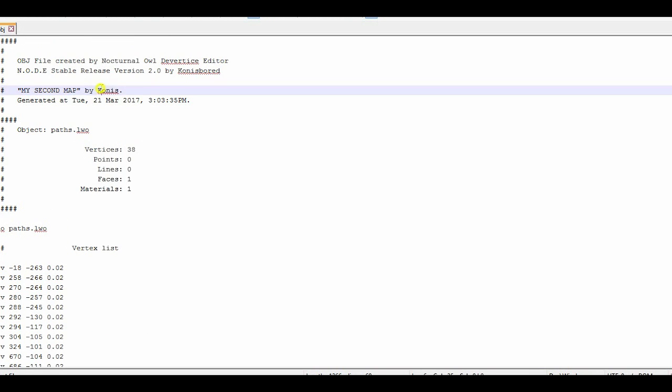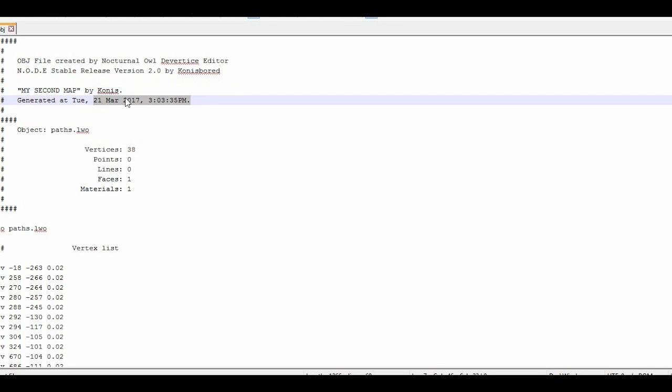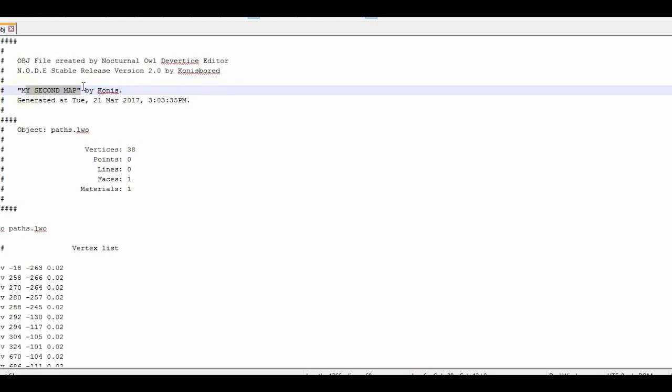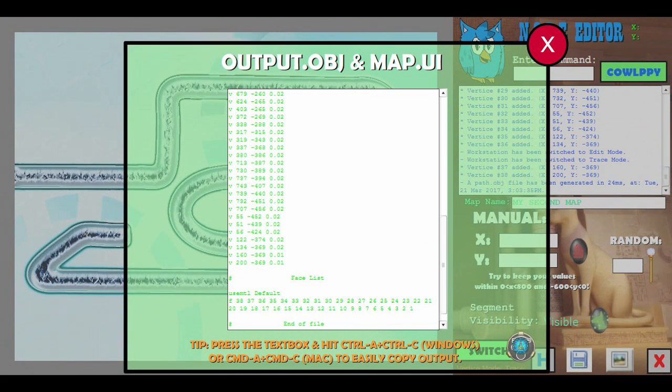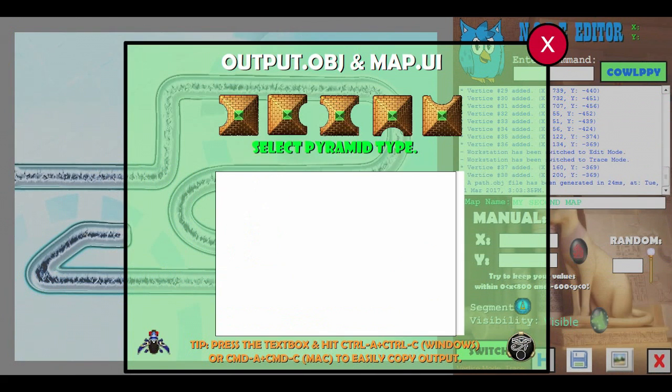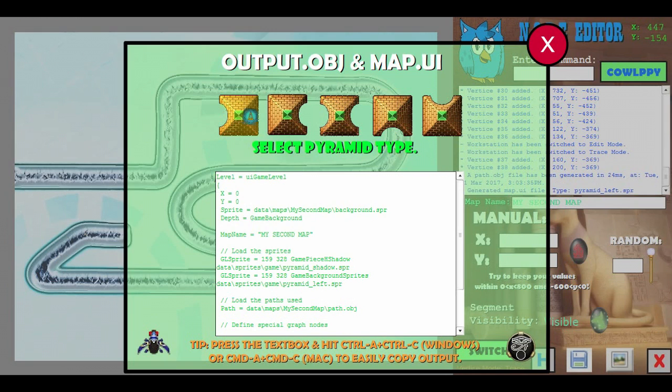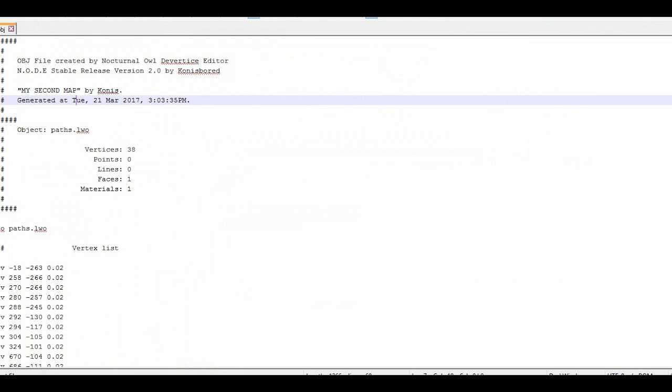What n.o.d.e does is that it remembers your username, it remembers when you generate it, all this sort of fancy stuff like the map name and whatever, which is important. So once that's said and done, we'll head onto the output, the map.ufr portion. Since this map has a right hand side pyramid, yeah, I'm using the default Luxor pyramids because that was the only thing that was available when this program was made. We click the right button, and now we're gonna generate the